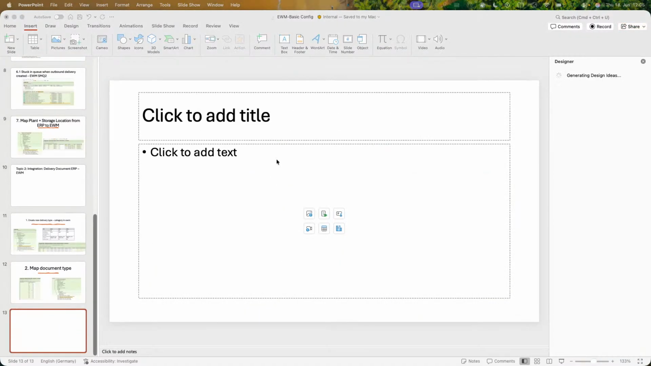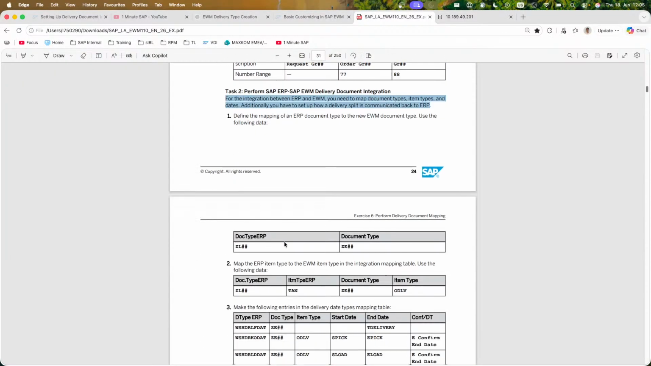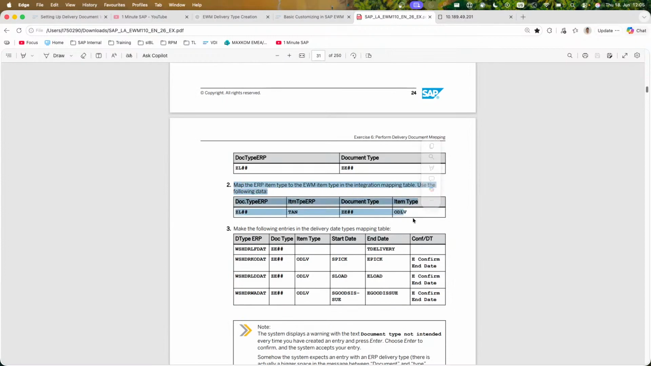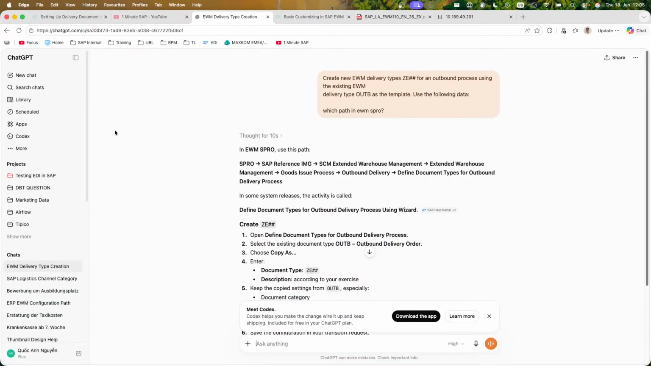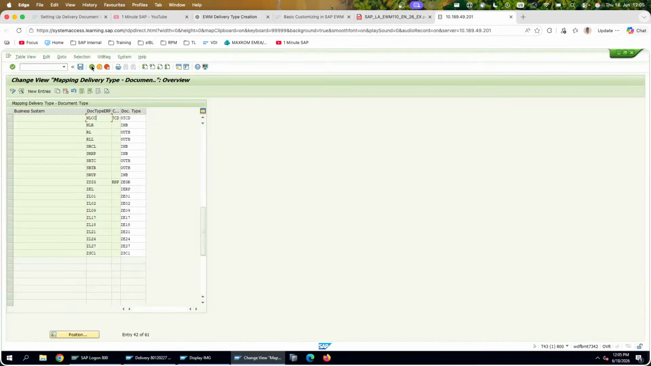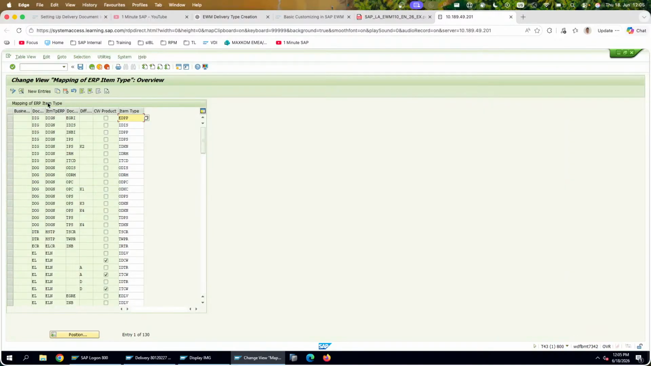All right, move on to the next step. We are going to map the item type to EWM item type in the integration table. To do that, I'm going back and map item types from ERP to EWM. And let's scroll down. I could have some other things like document type, item type,